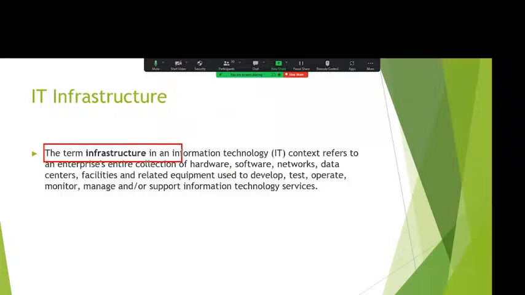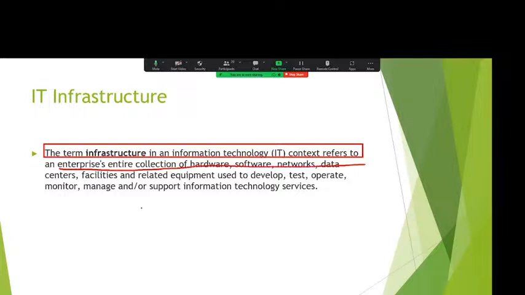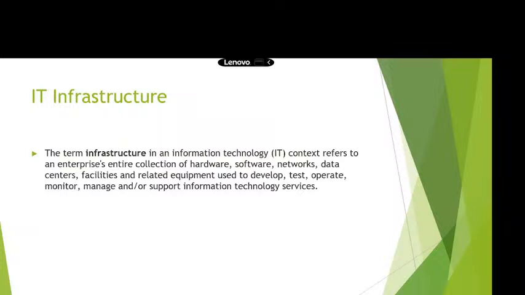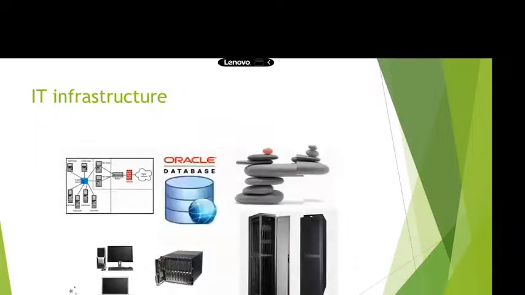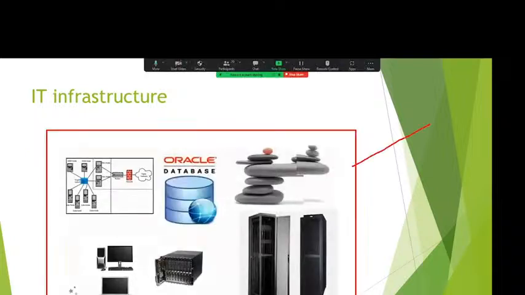The term infrastructure in information technology refers to a collection of hardware, software, switches, network, and load balancer. Now, to maintain our own IT infrastructure, what do we require? One DC. What is the DC? Data center. If we go to TCS, Cognizant, Wipro, Accenture, any company in the world, they have their own data center.